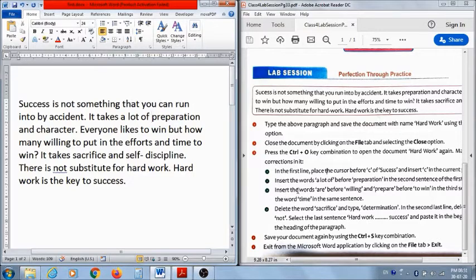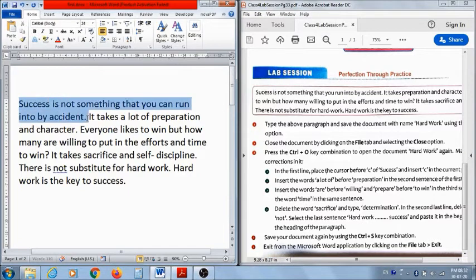Next is insert the words are before willing. So here is the word willing before it is asked. So I am placing the cursor before the word willing and typing are. Next is prepare before to win in the third sentence. So this is first sentence, this is second sentence, and this is the third sentence before to win. So this is to win.